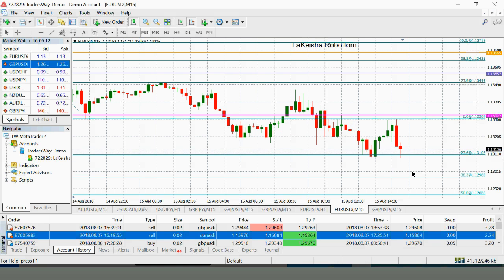But now I know that I'm looking for a break below this 23.6 line so that I can enter into a sale, choosing either this 38.2 or 50 as my take profit. And if I enter there, the 0 would be my stop loss. Looking for a buy, I am truly looking for a close above this 23.6 line because I see that this was a zone of consolidation yesterday, and I'd want to be confident that it's truly a breakout. So once I got that close above this 23.6, we go up to the 50